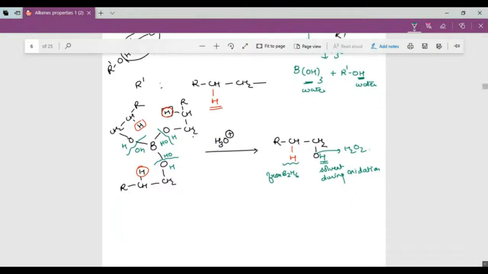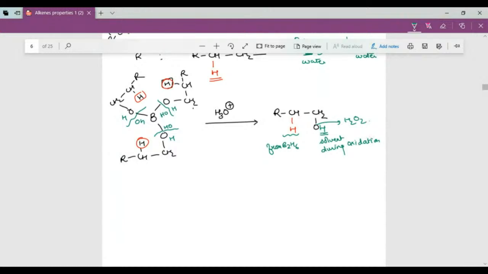Now, as I have told you, boron always attaches itself to the carbon which is least substituted, and in the end, we have seen that OH comes to the carbon where boron was attached. So overall in a reaction, what happens is OH always goes to the carbon which is least substituted, and this is why this reaction is called